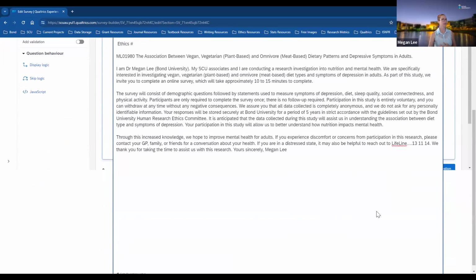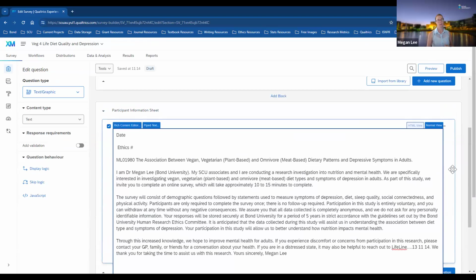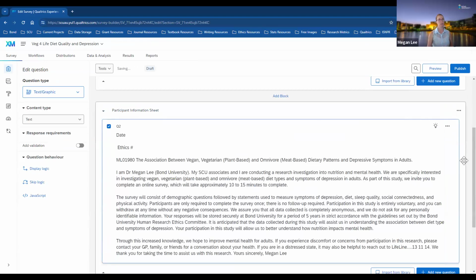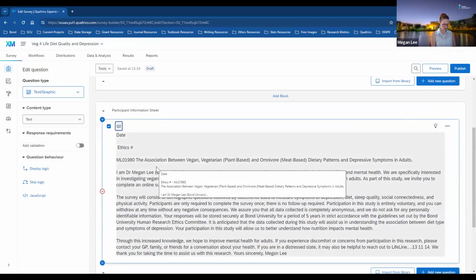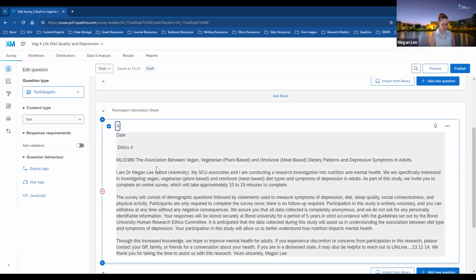Like that, something like that. And then later on, we can go back and preview what that will look like and change it up if we are still unhappy with how it looks. Right here where it says question 2, you want to write our variable name, which would be participant information sheet